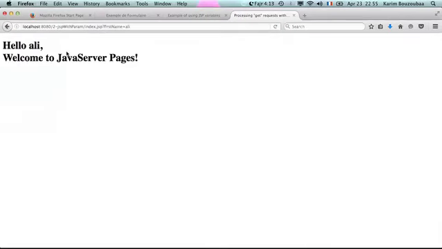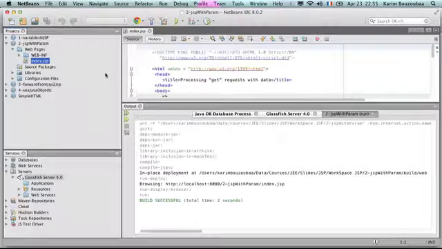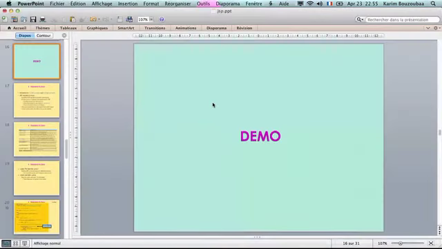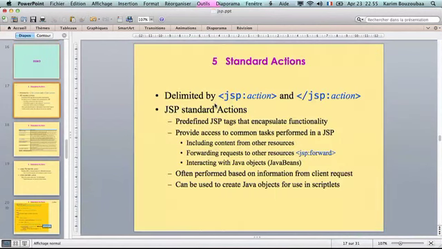At the beginning, it takes time. And then if I type anything, I click on submit, then I have the answer. So you can see through this example the use of implicit objects within JSPs. The next